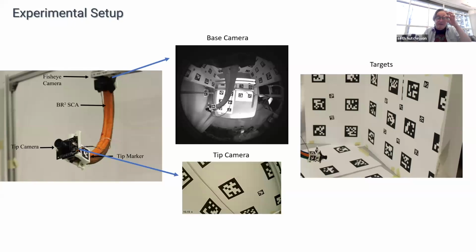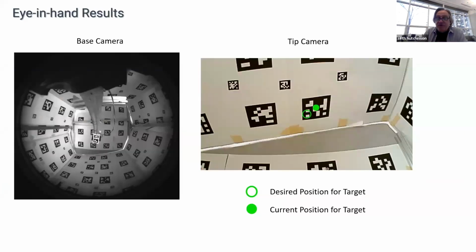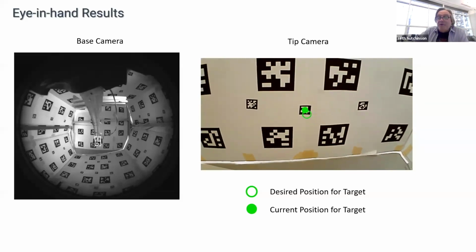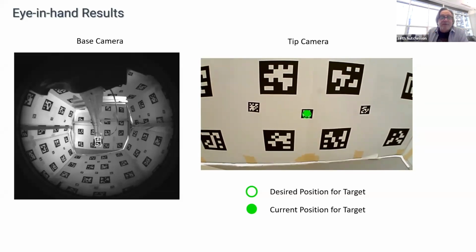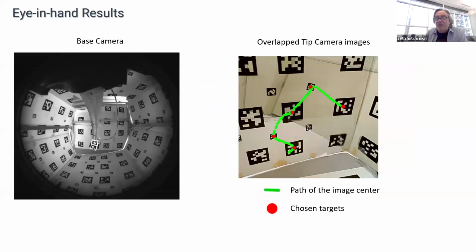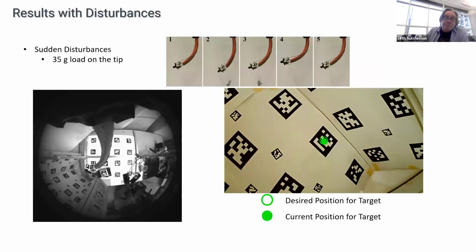And now I'll show you some experiments if we use that method to control the robot. So we put a camera on the end of the robot, which you can see in the left image. What I'm going to show you is the view from the base camera, the view from the tip camera as the robot moves in its environment, which is shown on the right. And so here's the first example. It's not that interesting. As you expect, the robot tracks the trajectory. You show it a target point, and using vision-based control, it's able to get to the target point. And it traces out a trajectory that looks like this, which is pretty close to optimal in the image space.